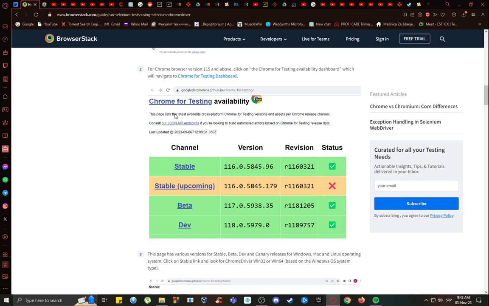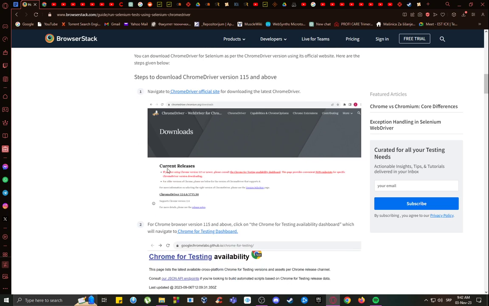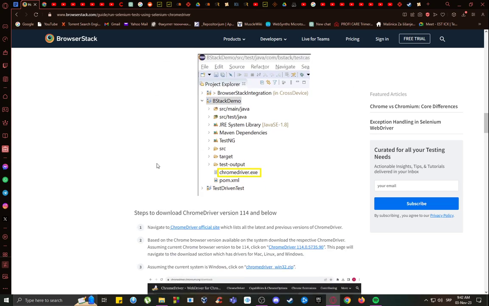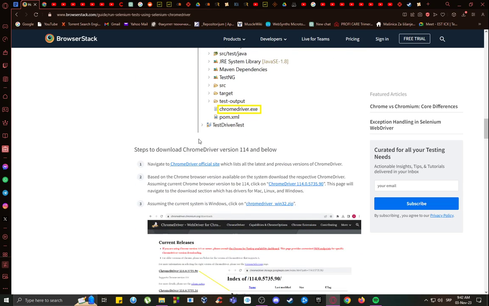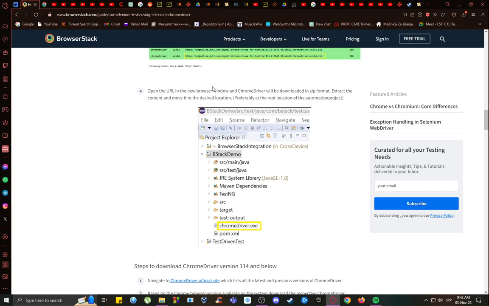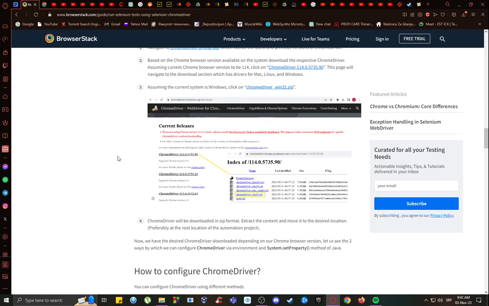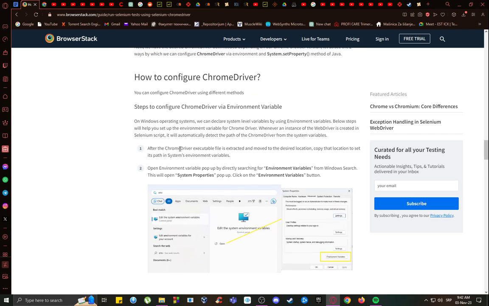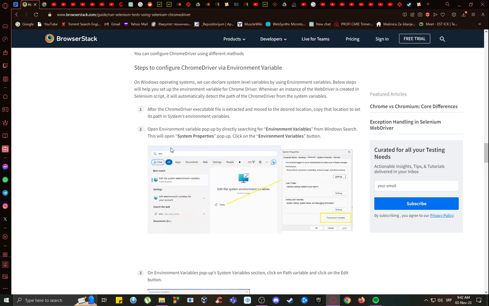Once you download it, you just need to go to the download list. You can navigate the Chromedriver official site quite easily. I don't need to help you with that. However, once you do download it, make sure that it is installed and it is mainly in the root of the automation project. And once you do that, once that's installed, make sure to configure it by going into environment